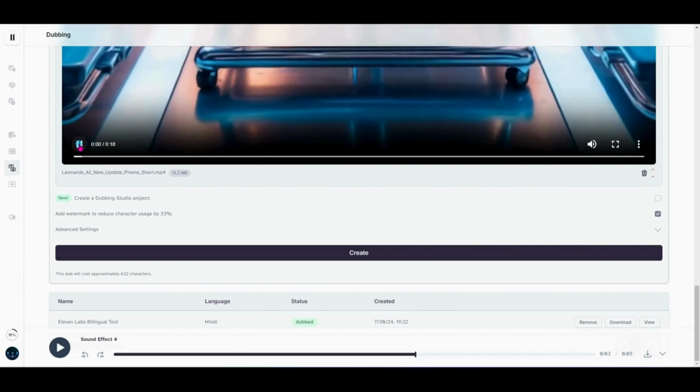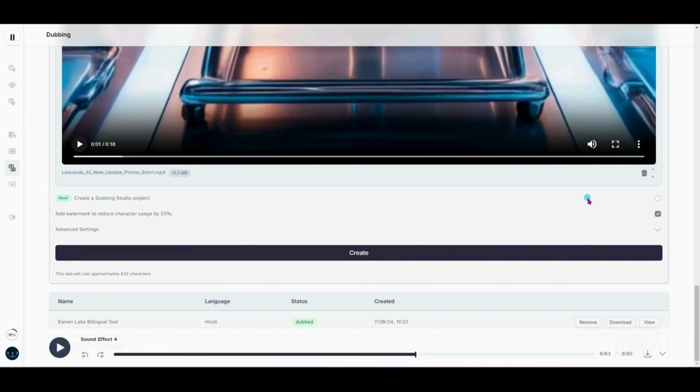Discover the latest game. Okay, so that's in there, and the audio is playing just fine. And you can see that it has add watermark to reduce character usage by 33%. So if I want to use less characters on my plan, I could do that. I'm going to go ahead and leave that on for this project, just since this is just an example